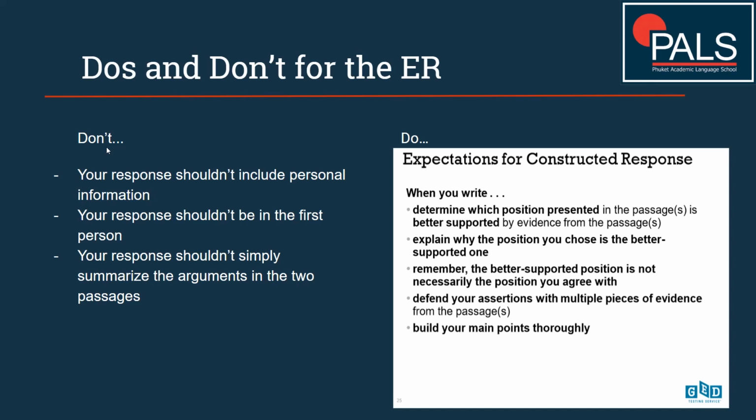So many students just bullet point almost the arguments that the writers of the articles make. Okay, so for Article 1, they might say something like, the writer of Article 1 supports his thesis firstly by saying da da da da da. The second thing he says is da da da da da. The third thing he says is da da da da da. The fourth thing is this, that, and then they go on to do the same thing for Article 2. This is not what the